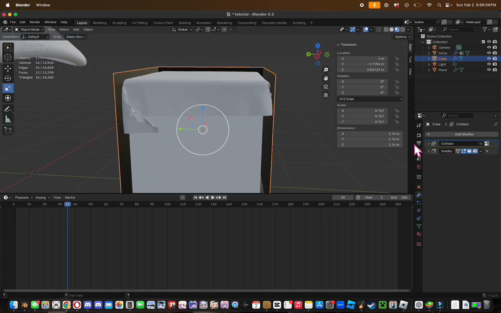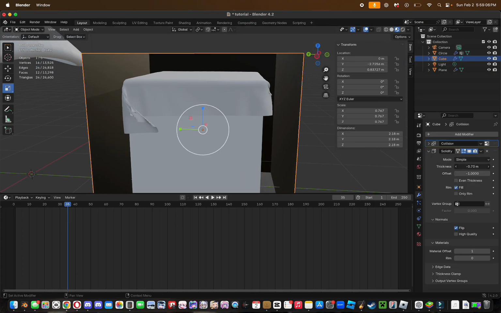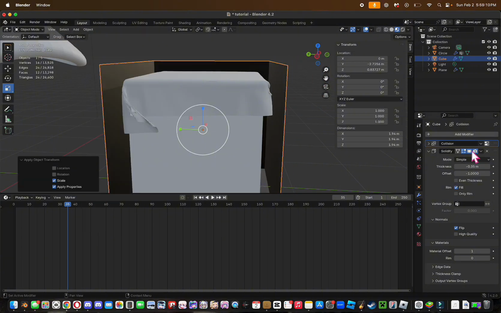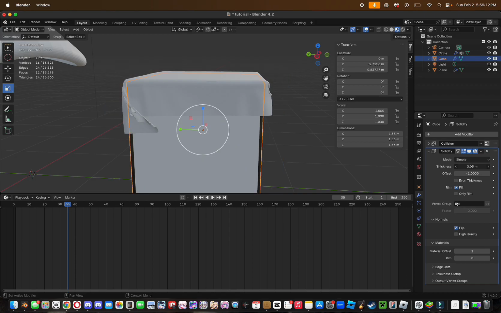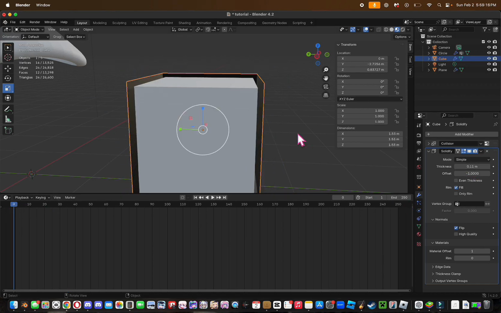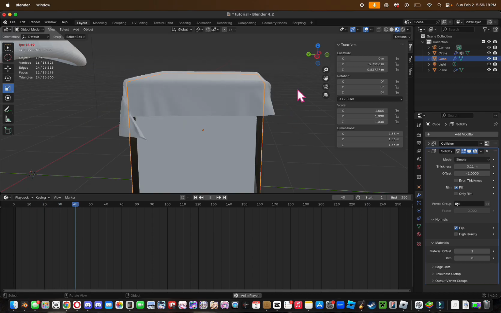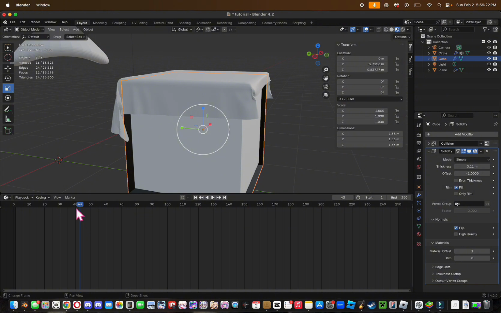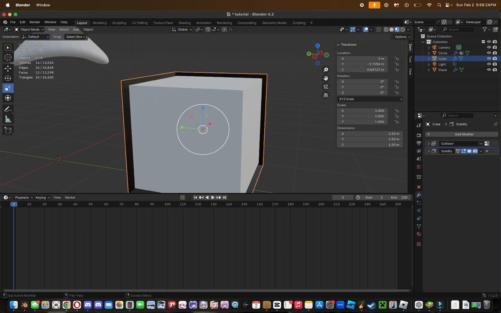That's not quite what I wanted. Let me just apply scale. Always remember to apply scale. So there we go. I had it on backwards. My bad, y'all. So basically, if we have this below this,